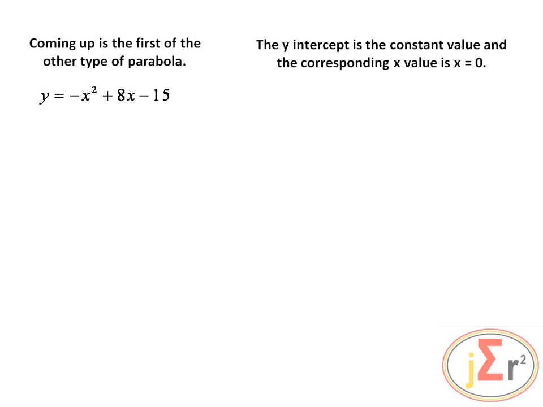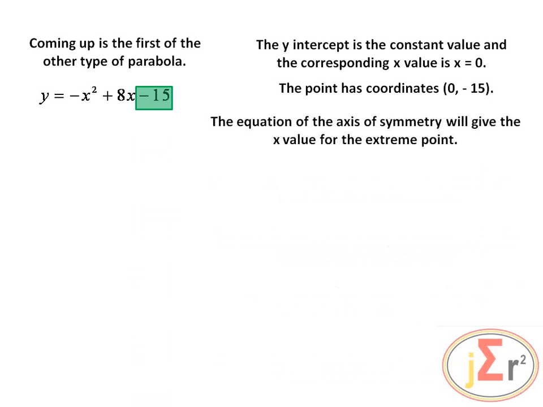The y-intercept is a constant value and the corresponding x value is 0. The point has coordinates 0, -15. The equation of the axis of symmetry will give the x value of the extreme point, and of course we have minus b over 2a. b is 8, will go there, and a is -1, will go there, and simplifying that we get x is equal to 4,